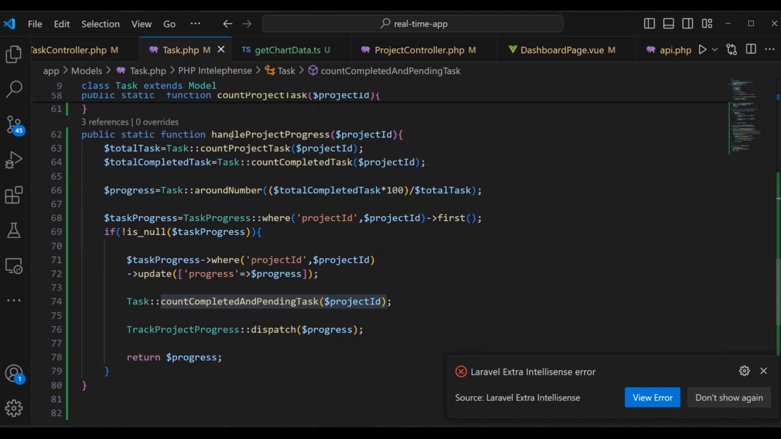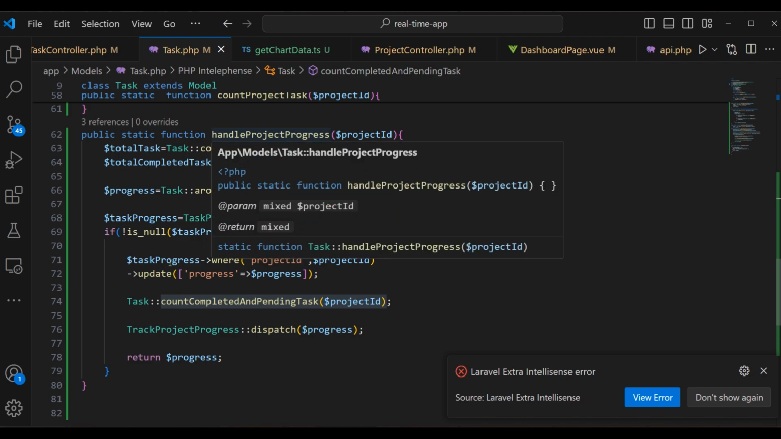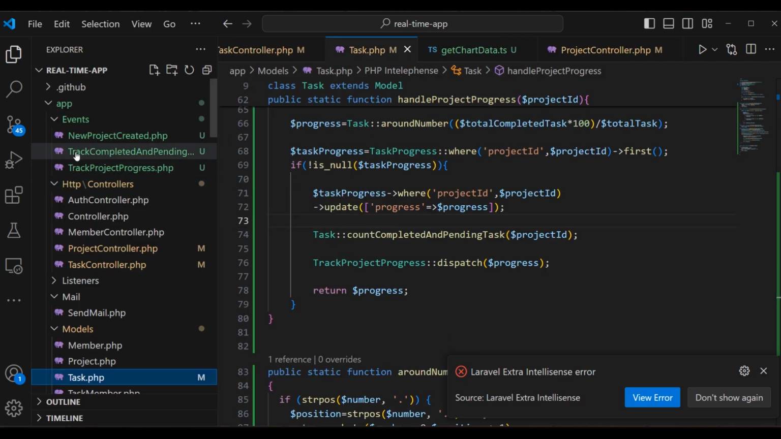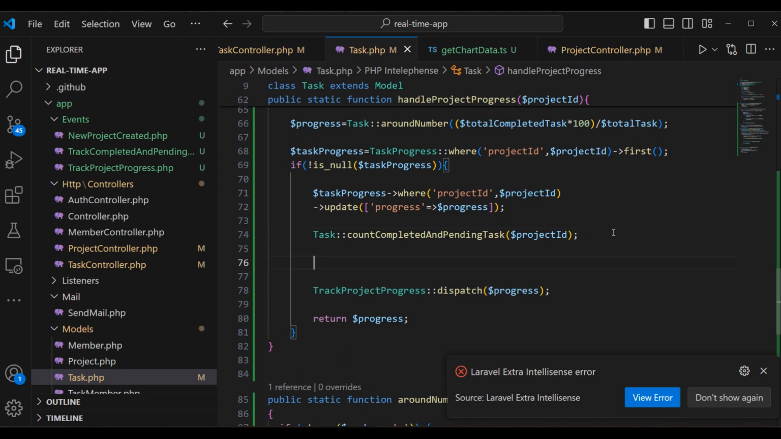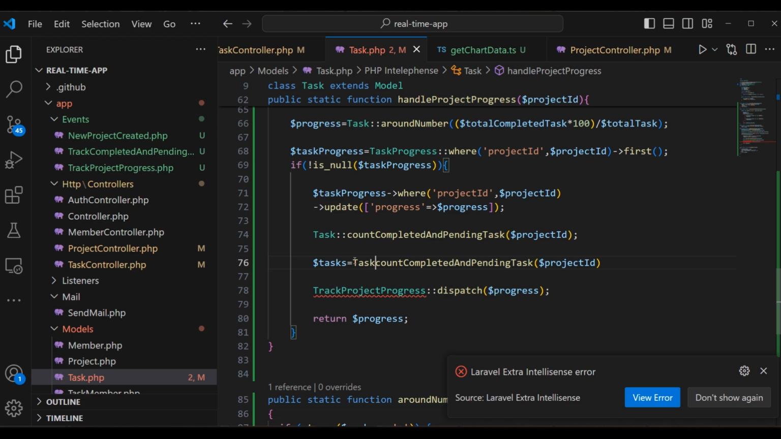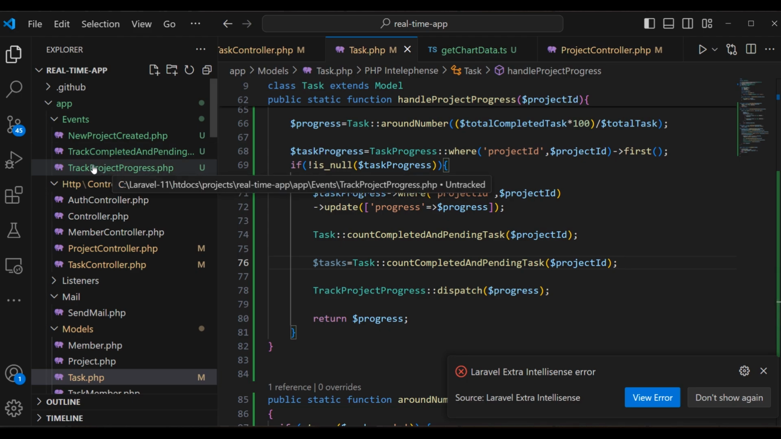Yeah, you can see right here you got handleProjectProgress, and here we just call another event, TrackProjectProgress. We are going to call our TrackCompletedAndPending event right here under this event. And then first of all, I'm going to call this function. I'm gonna say task, it's going to be a taskArray, and then I'm gonna pass here first the name of the model, Task, and then it returns an array of tasks. Now what I'm going to do, I'm gonna go first within the